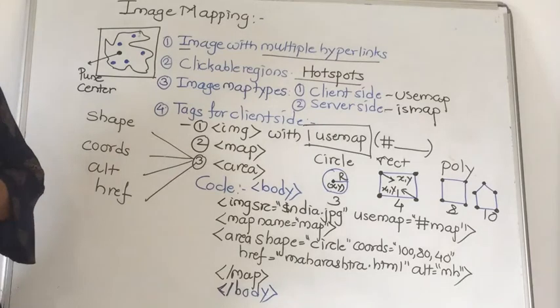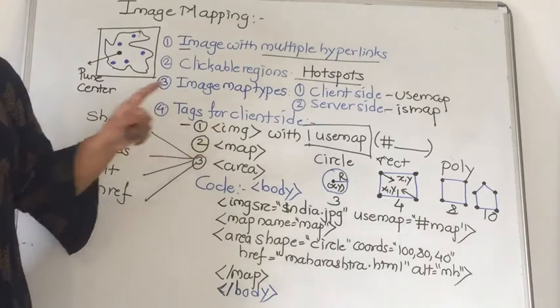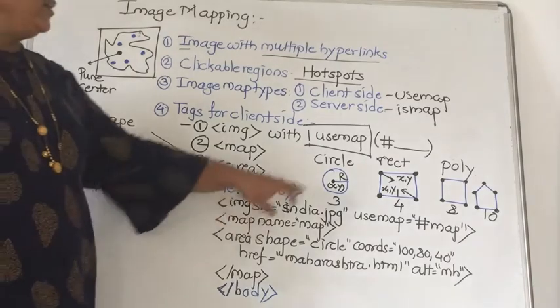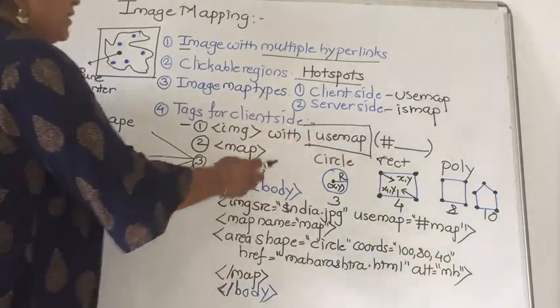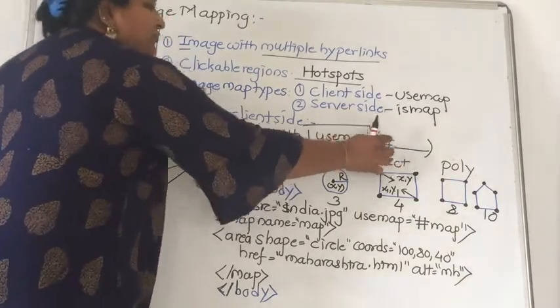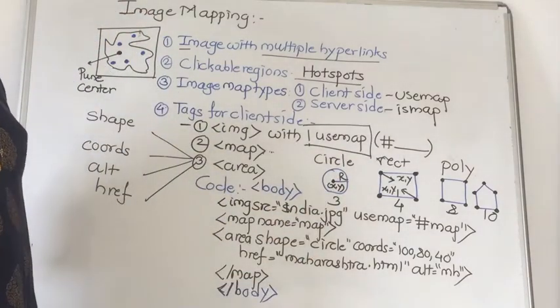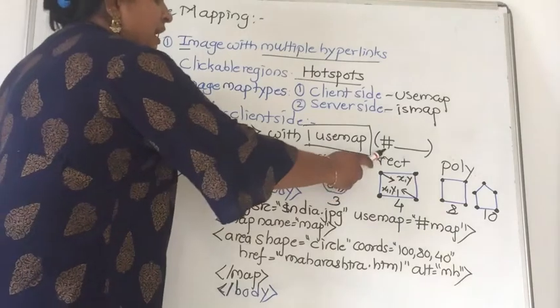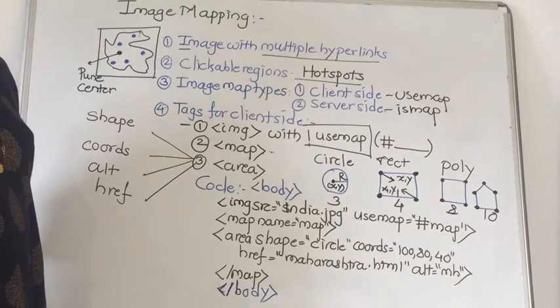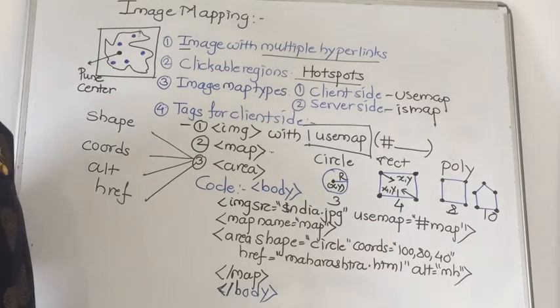The second tag is the map tag. It has only one attribute, that is name. It specifies the name of the image map used for the client side image map. The value of the name attribute is the value specified in the usemap attribute. For example, whatever name value we write here will be the same value we used in usemap, followed by the hash. If I have written #ABC here, then here also name equals ABC we have to write, to match both.